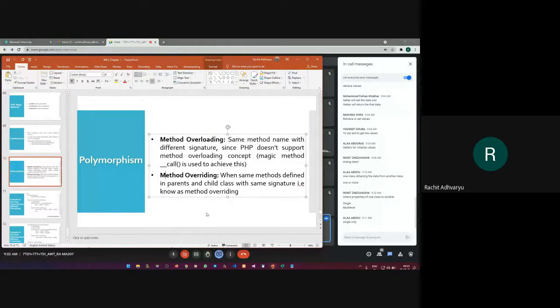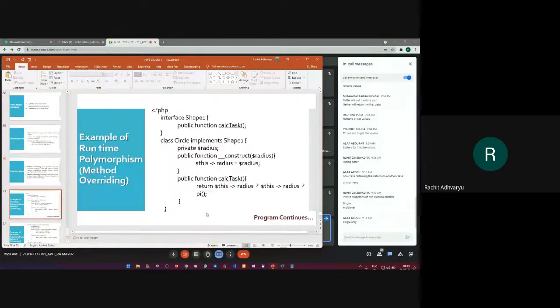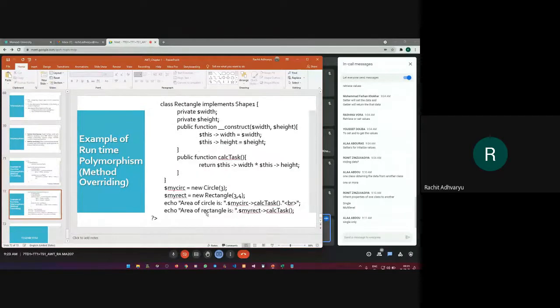You can only implement method overriding, where there is one base class and one child class. A base class has its methods and a child class inherits the base class and is going to override the methods implemented in the base class. That is what we call method overriding.